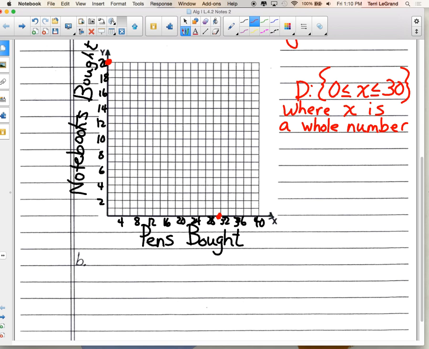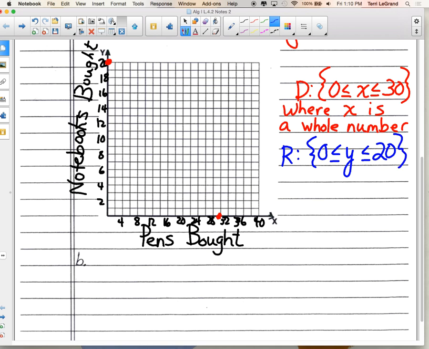Okay, so now we know it's not going to go past the x-axis. So at this point, we've narrowed it down to it's either a ray or a line segment. Let's do the range. What would the range be for this? 0 is less than or equal to y, which is less than or equal to